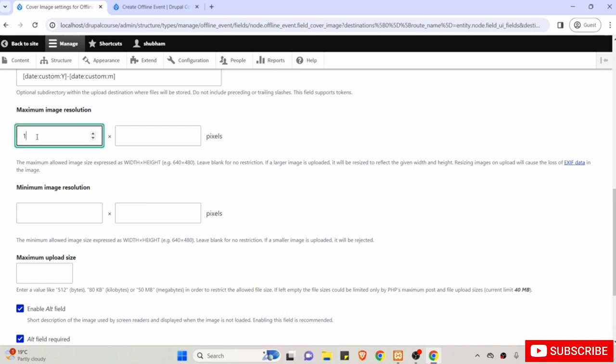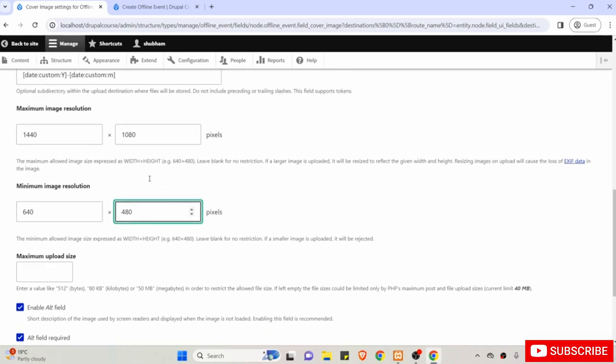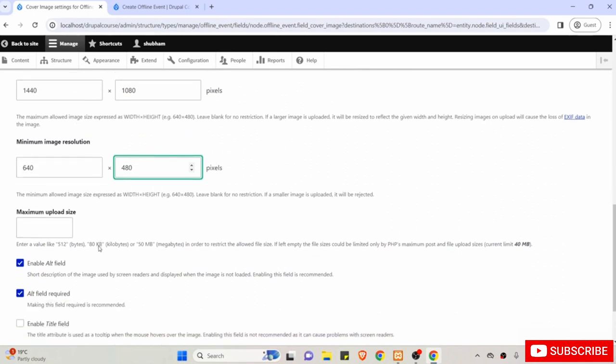I am going to enter 1440 and 1080, so 1080. And then in the minimum image resolution I will enter 640 into 480. But if you want, you can enter some higher value. So 640 and then 480. These are just some random numbers that I'm choosing. So just go ahead and enter a maximum image resolution and a minimum image resolution,